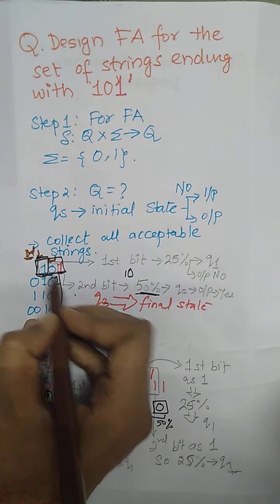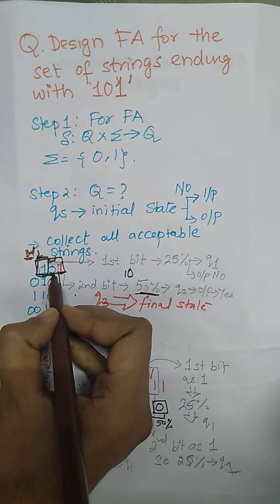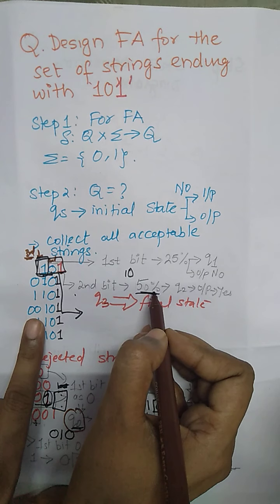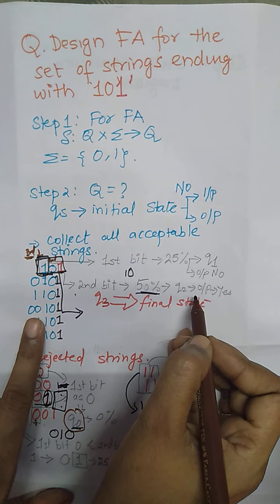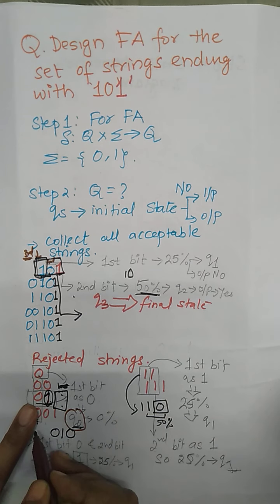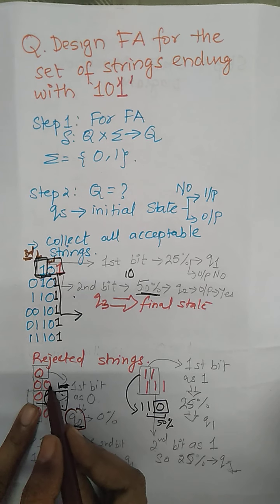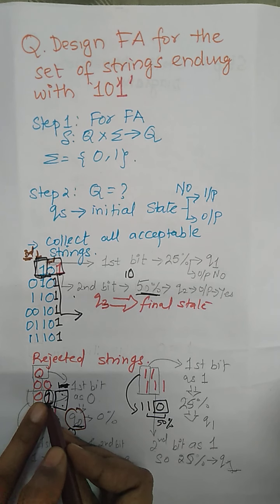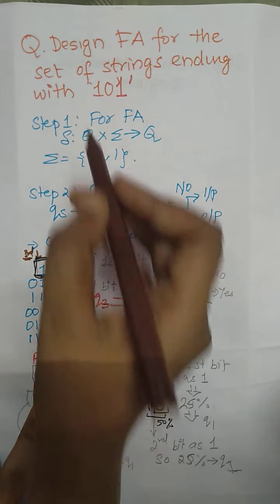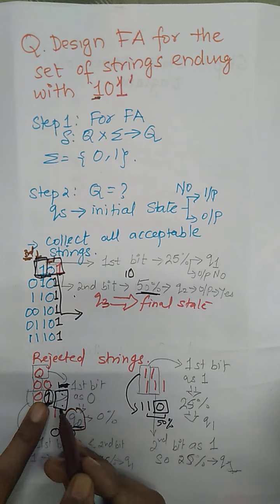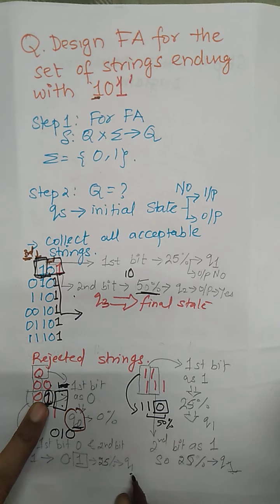Now after the third position we will jump to the second position. If the second position is 0, which is according to the requirement, it will contain 50% of the required string and will be marked as Q2. Here also, in the case of a rejected string, the third position is 0, but if the second position is 0, then it will jump to Q0. If the second bit is 1, that means your string contains some portion of your required string, that is the third position we can consider as 1. So this will be marked as Q1.